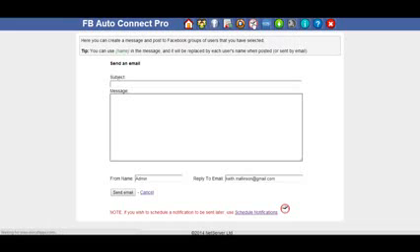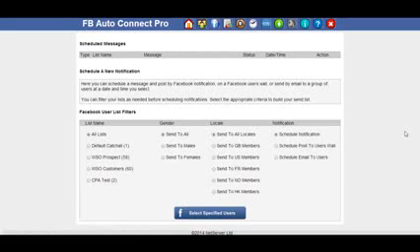So we click on the schedule notifications button at the top on the menu bar. It takes you through to a similar type of field where we choose the list, we choose the gender, the location, and whether we want to send a notification, post to their wall, or schedule an email to users. So for example, I'm going to schedule a notification. Again, select the button at the bottom,